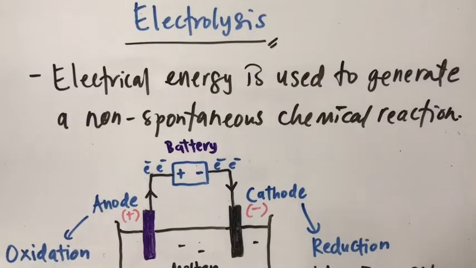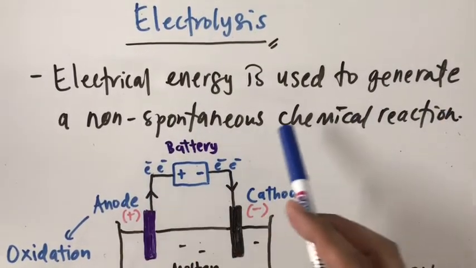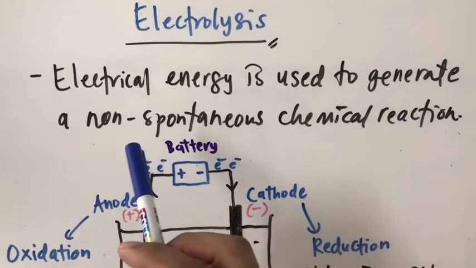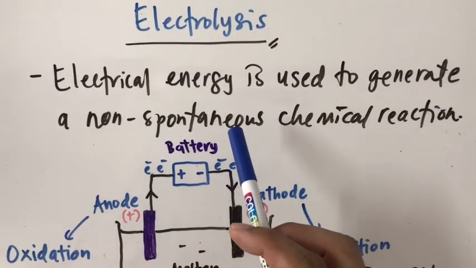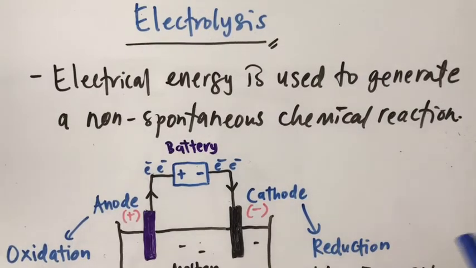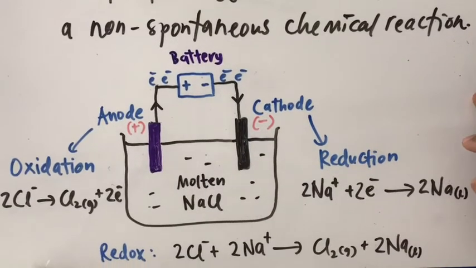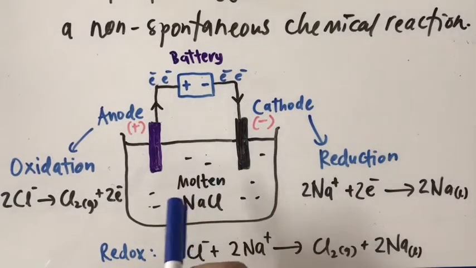In electrolysis, we are using electrical energy to generate a non-spontaneous chemical reaction. Non-spontaneous means that we are using external forces to induce a redox reaction. So in a typical electrolytic cell, we have a battery connected to two electrodes, and the first electrode here,